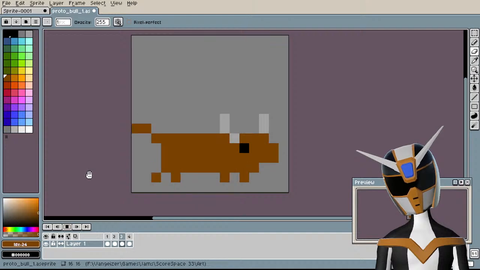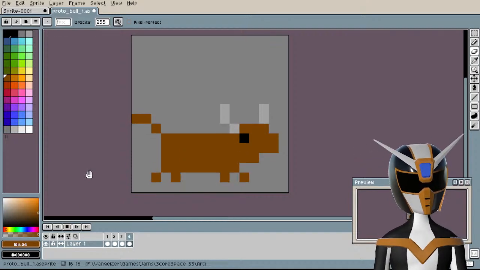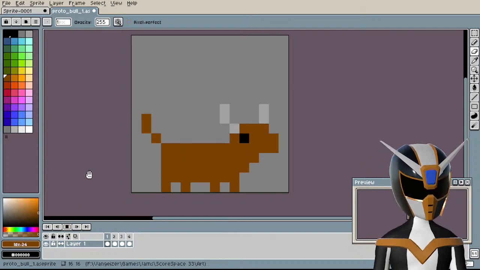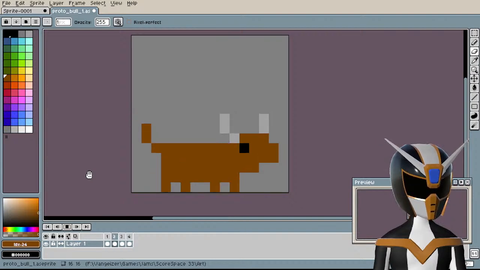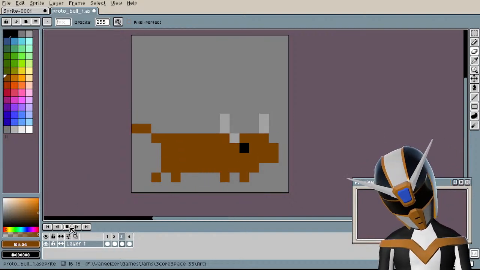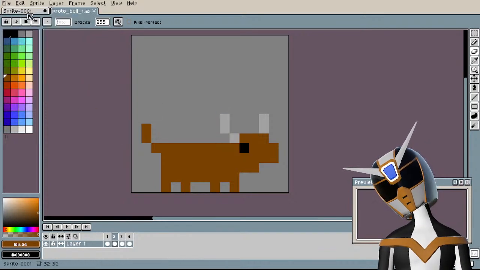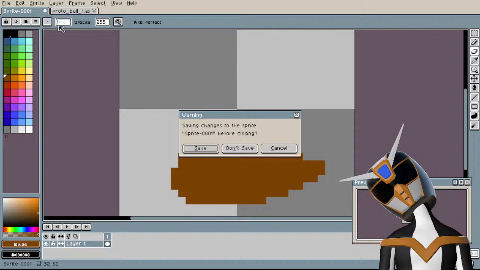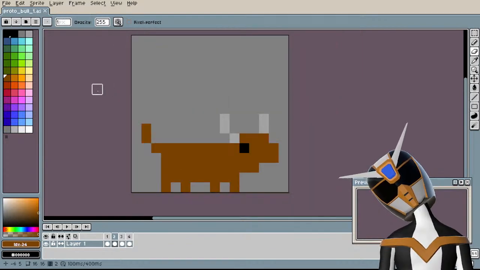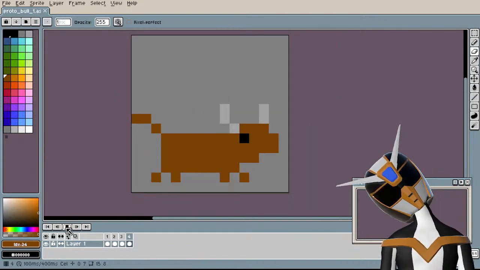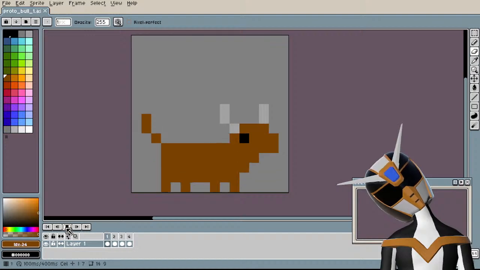There. There we go. Now we have a nice little charging bull. I think that looks pretty good. I'm pretty happy with that. Yeah. Okay. Save that. What's this? I don't need to save this. Okay, cool. I'm pretty satisfied with this.